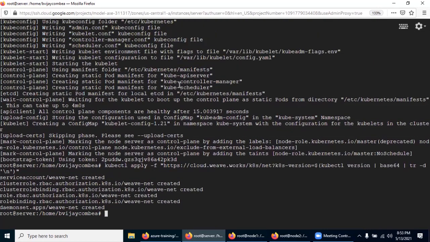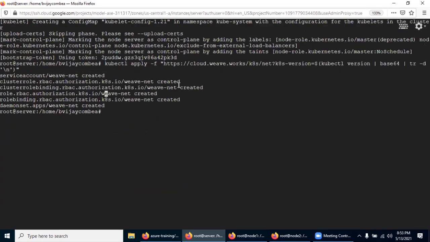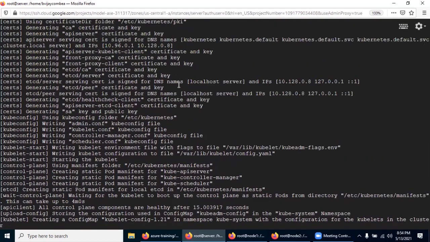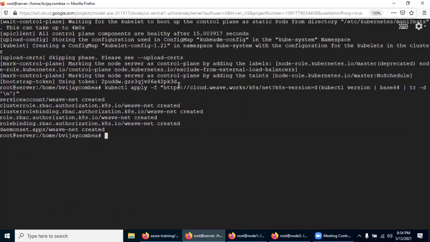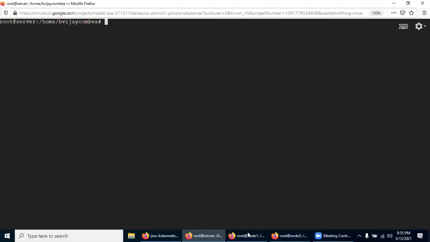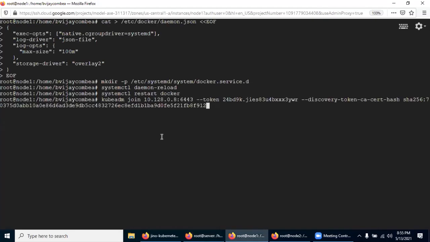Now we are going to add node 1, but before executing this command, I would suggest going with this one.